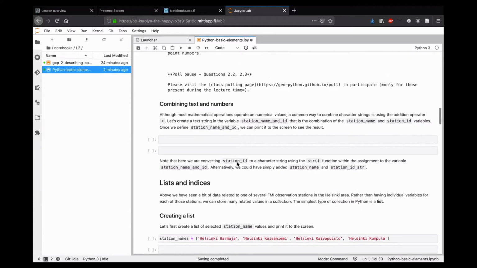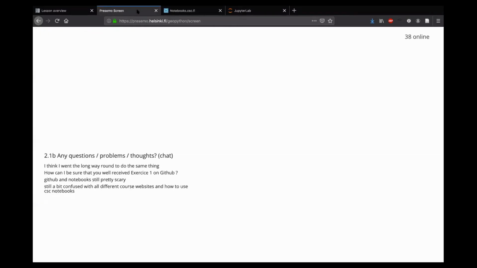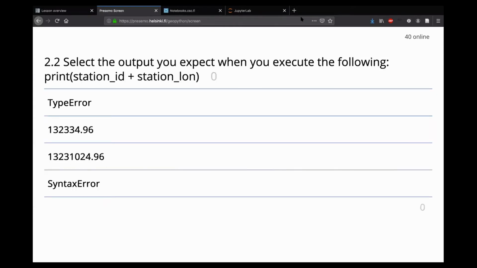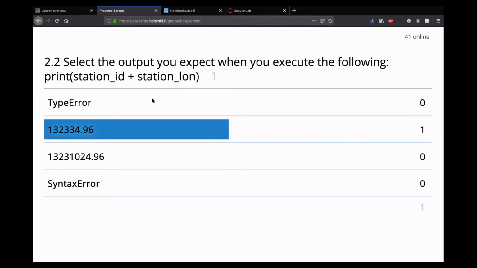Now, at this point, we have an opportunity to check in with you folks and see how things are going. So the class polling page, you can see the URL here. You can also find it in the chat on Zoom. And there you will find a couple questions about Python lists. I think if I switch over to this view, maybe I'll need to, oh, okay, it looks like Wolko is doing magic in the background. So she has now changed it to show this question 2.2,